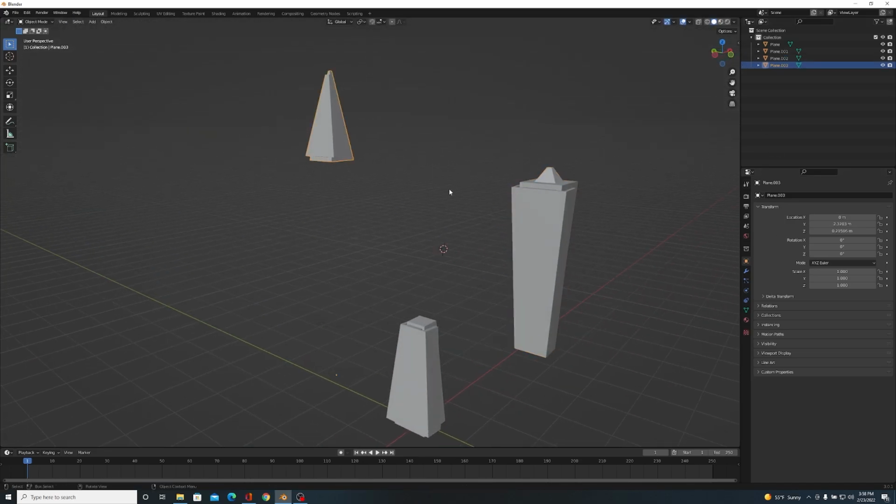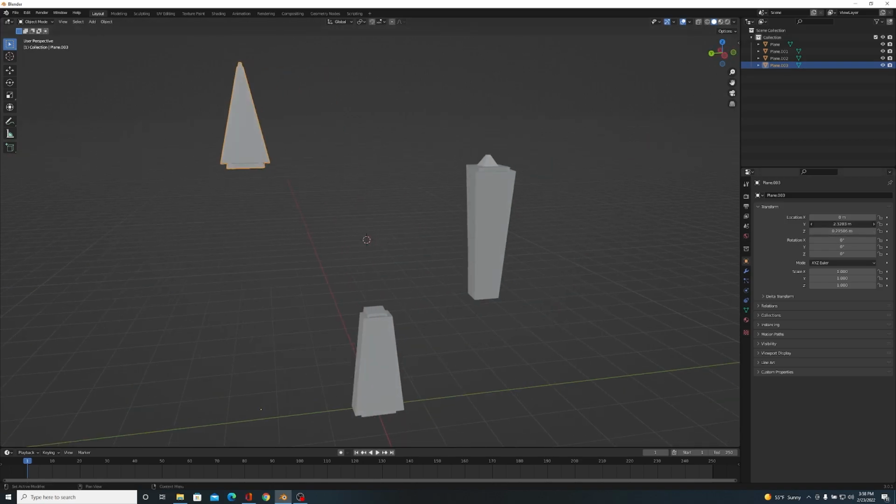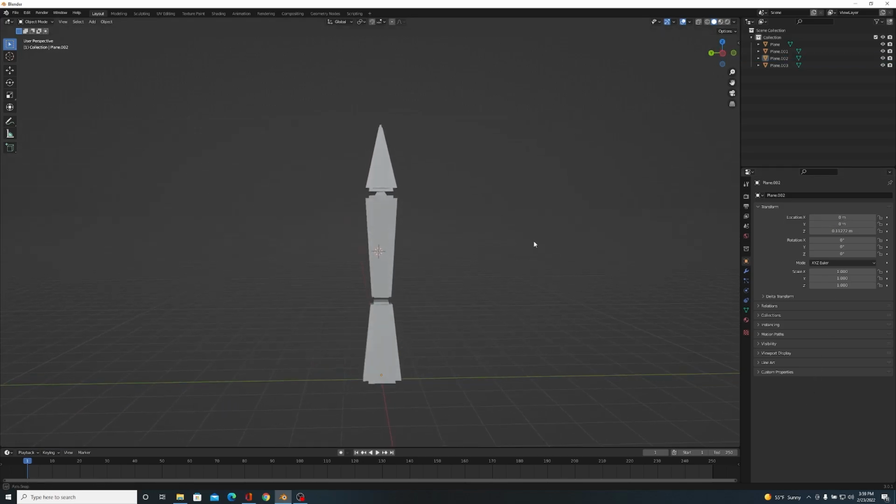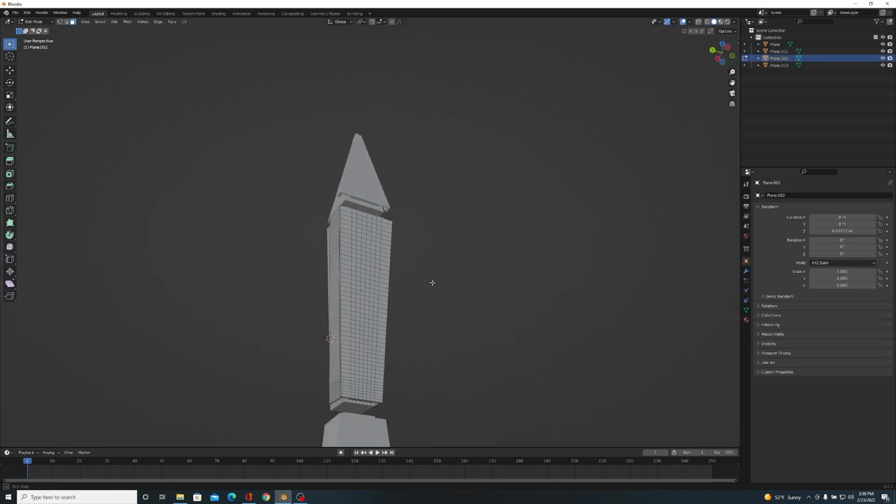So if I take this, zero out on the Y, zero out on the Y, it looks the exact same. You can't really tell that, yes, it's going up instead of down, but you're going to notice that the way this operates is going to work a little bit better when you're actually animating.